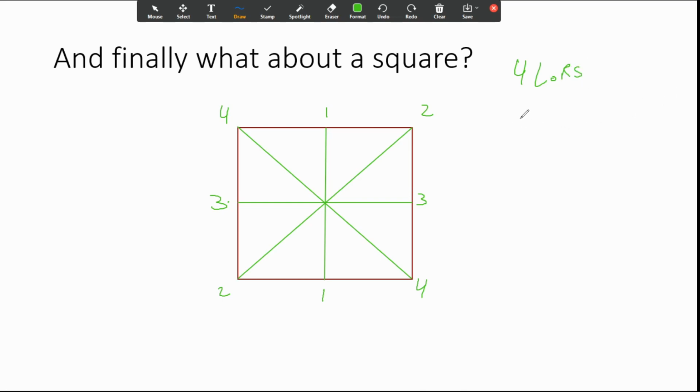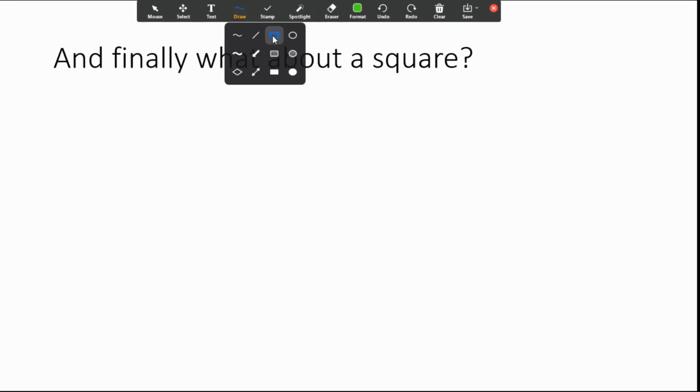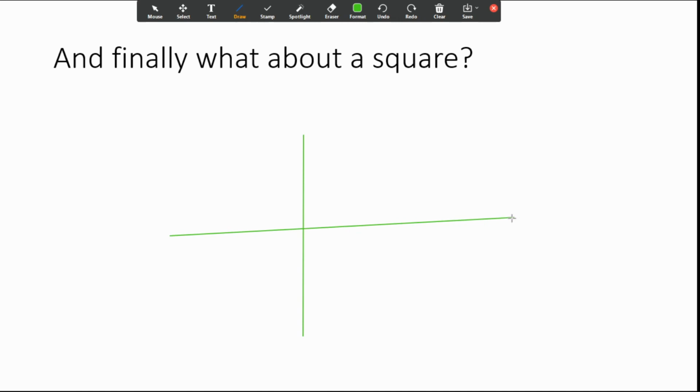And then that means if I want to know how much I have to rotate a square, I'm just going to take 360 divided by 4. And that's just 90 degrees. I think this one's a little easier to convince you. And that's because I can draw a coordinate plane, which you guys already all know is broken up into 4 quadrants of 90 degrees each. And if I put a square on that,